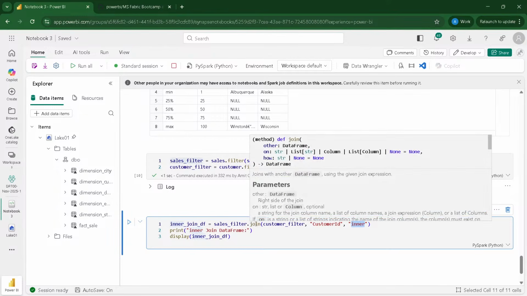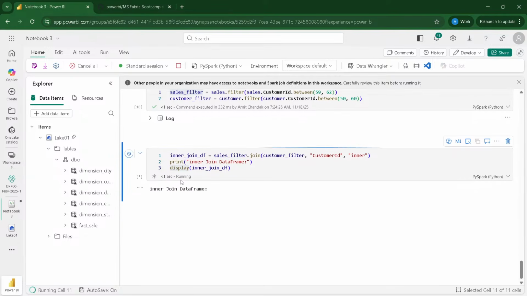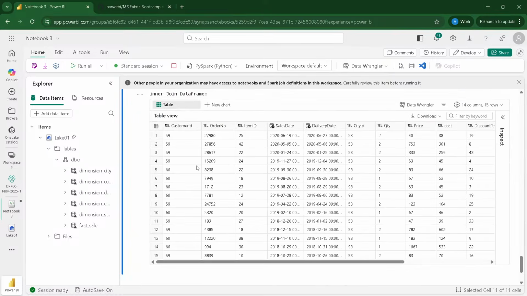We need to give the other data frame, on which column, and how we are going to join. And then finally once we have it, we want to display it, to see whether we are getting the correct join or not. In the inner join, it is only going to give the matching rows. What were our matching customer IDs? 59 and 60, and knowingly I cut it down.